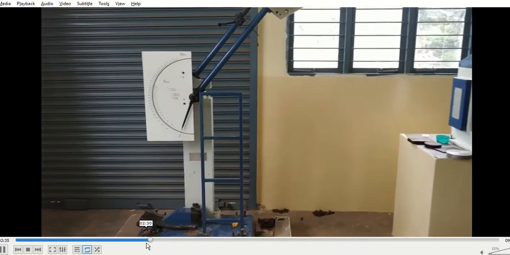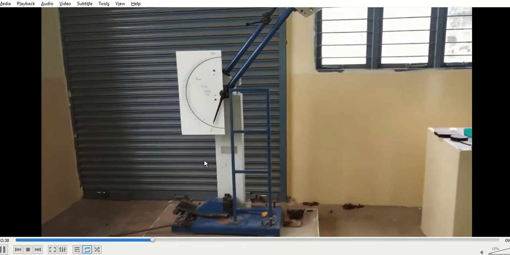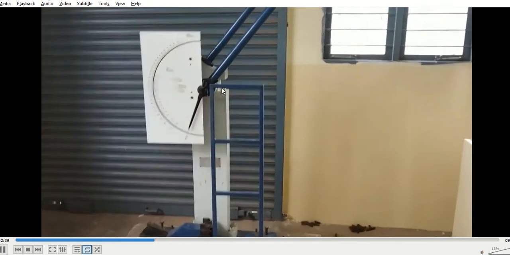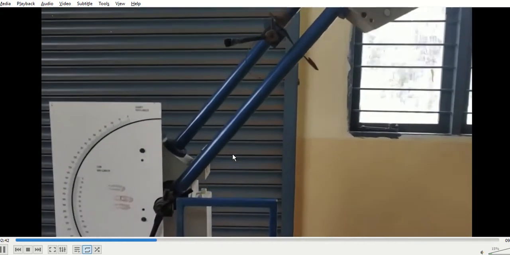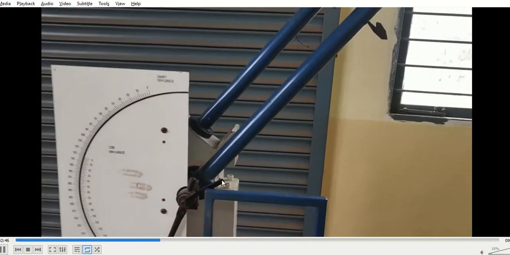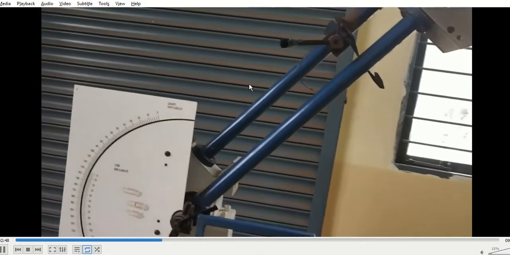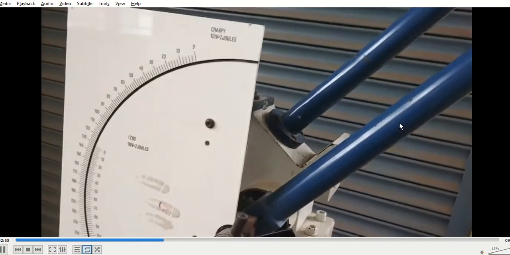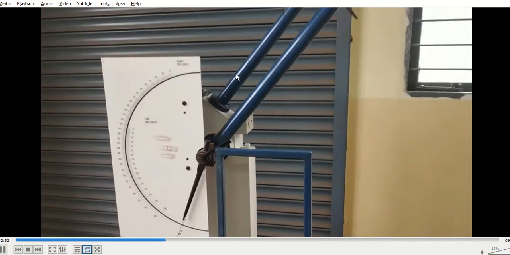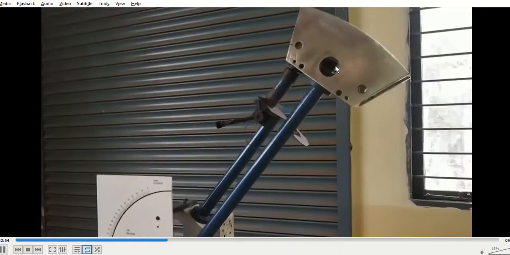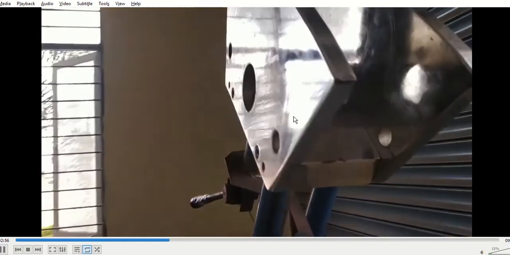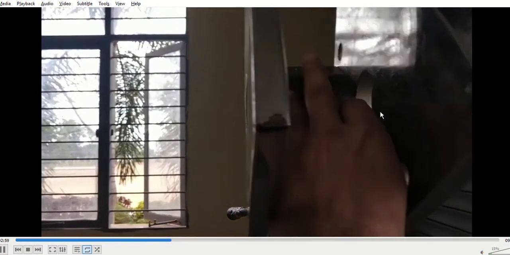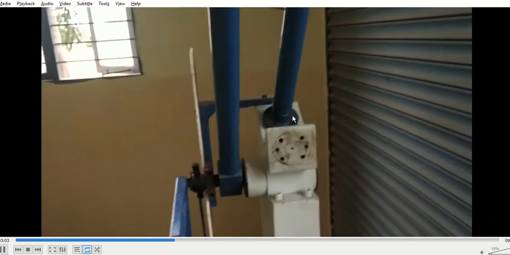And now going more onto this specimen. This is a specimen. If you look closely, the pendulum is kept at an angle of 140 degrees here, so it's a setup for Charpy test. So in Charpy test, this is kept at 140 degrees, fixed to the support. This is the actual pendulum part, which is swinging. And there you can see some type of hammer.